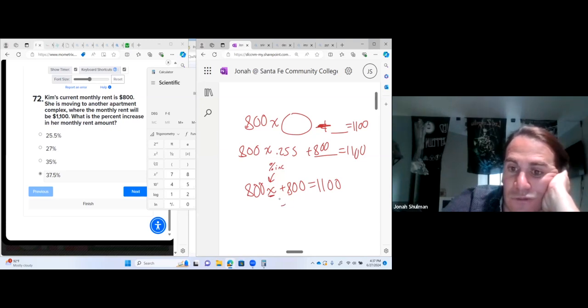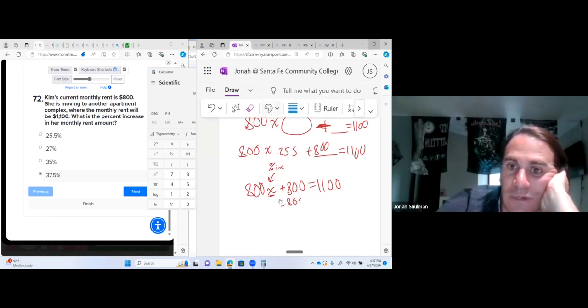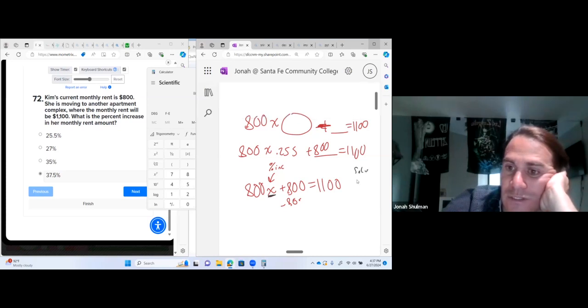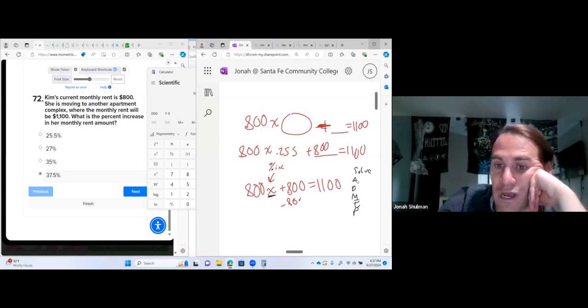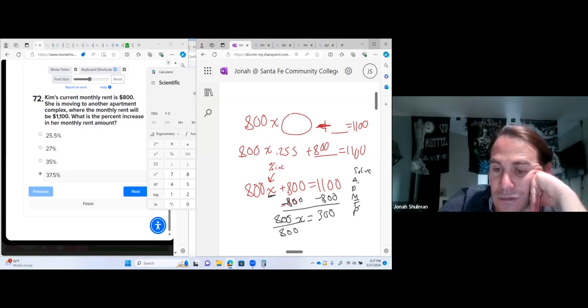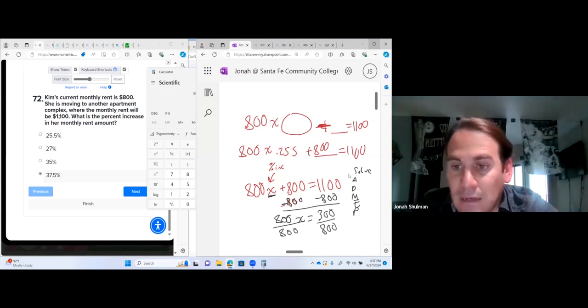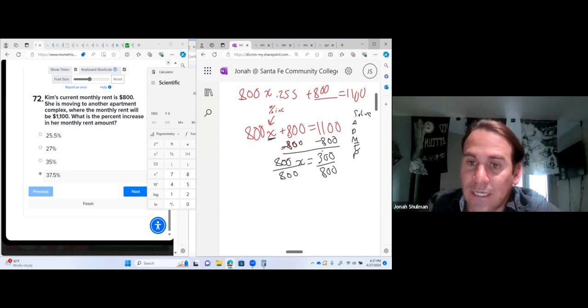So the first step I'm going to do is subtract 800 from both. In order to do an algebraic problem like this, you always have to start as far away from that x as possible. I use this little acronym I tell my students: solving sometimes makes us sad. So it's sad math. It's just PEMDAS backwards. It works 90% of the time. So we're going to subtract before we divide. So I'm left with 800x equals 300. Now I just have to divide both by 800, and what I always do is just cancel the zeros.